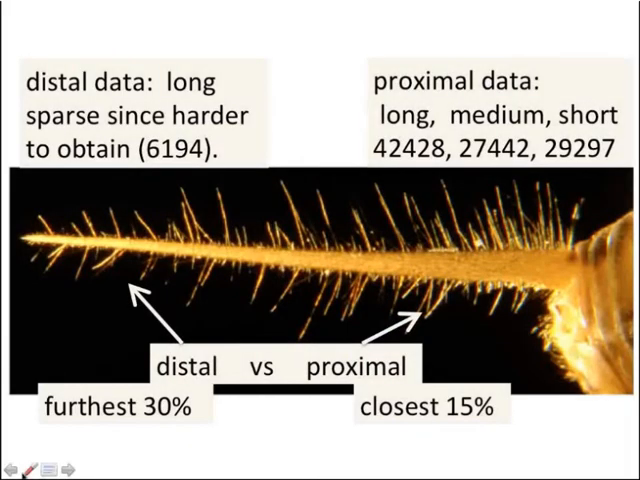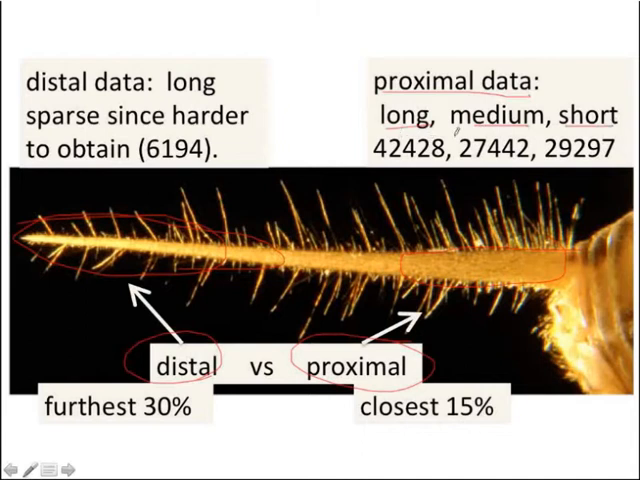So our data set is broken up into proximal data, that's the closest 15% to the terminal ganglion, versus the distal, which is the furthest 30% from your terminal ganglion. For your proximal data set, this is broken up into long, medium, and short, and you